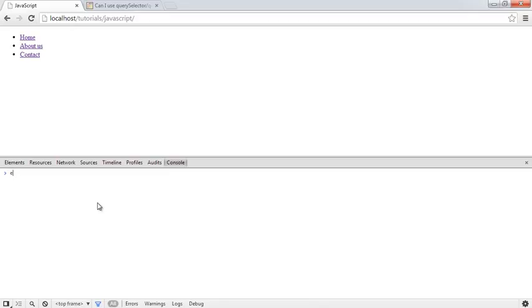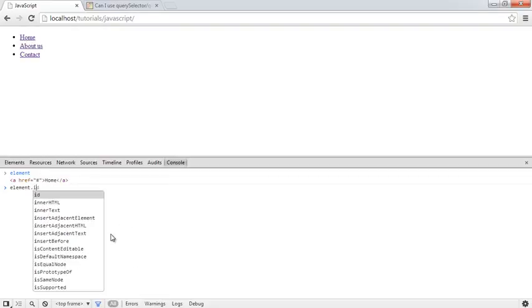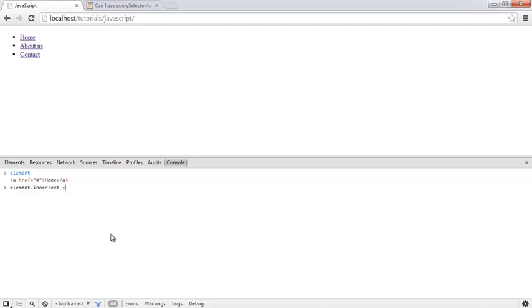So we've got no errors, perfect. When I type element, you can now see that I'm returned with the element of the first navigation item. Now I can do things like element dot inner text equals home page, for example. So I can do everything that I would normally be able to do with an element that's returned using the getElementById method. I can do exactly the same with